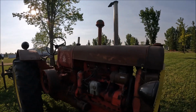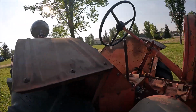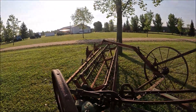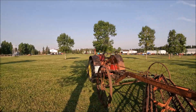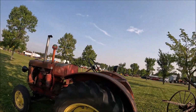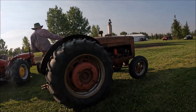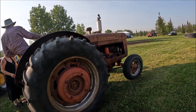Here's a nice original Cockshutt 80. This tractor's been well taken care of. It's nice and everything's all there and complete and nice. And it's pulling a Case hay rake, side delivery rake. Look at that. That's a real nice outfit there. There's a real tractor right there. Those are 706 or 806 wheel weights on it, so that's where all this got